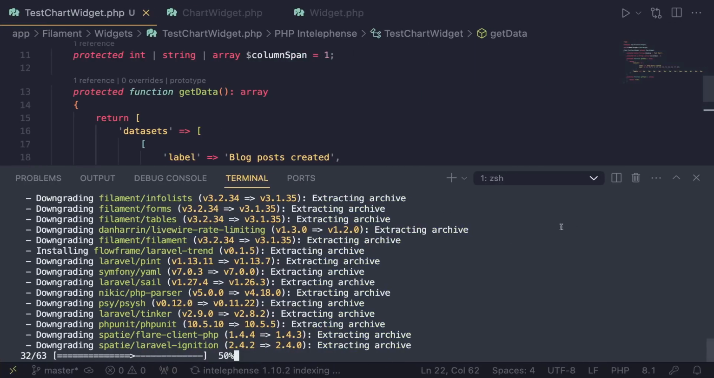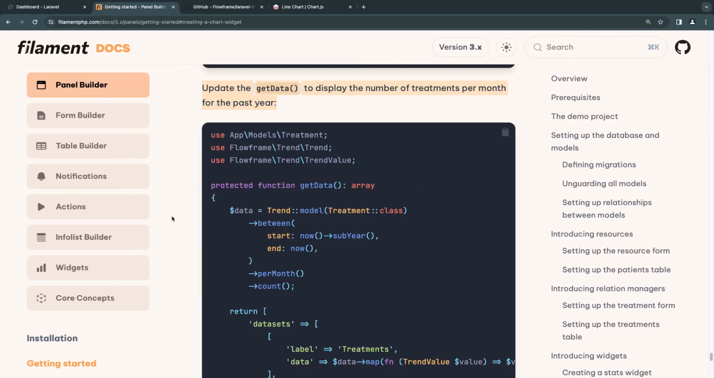So once this is installed, it's going to take a couple of minutes depending on your internet speed. It's still downloading some of the packages for us. While this is downloading in the background, guys, basically the process is very easy. We are going to use this Trend class,